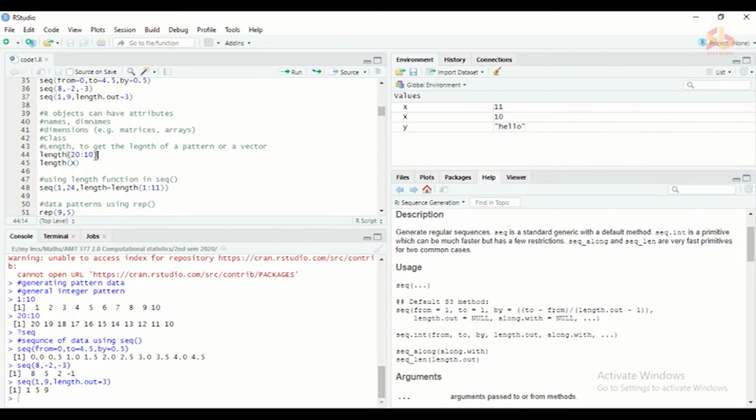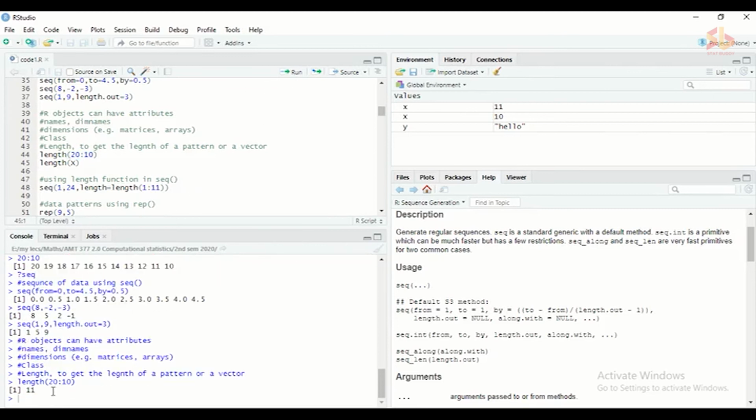Here I have directly given that sequence inside the function. The length of the sequence will be automatically printed, which means the console first executes the sequence, then applies that sequence to the function, and the output of the function is only the length.